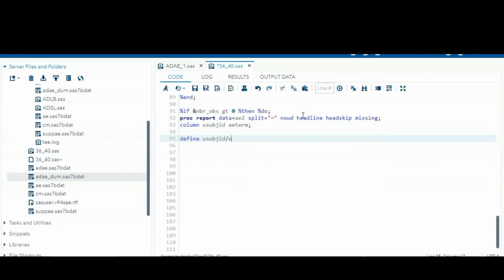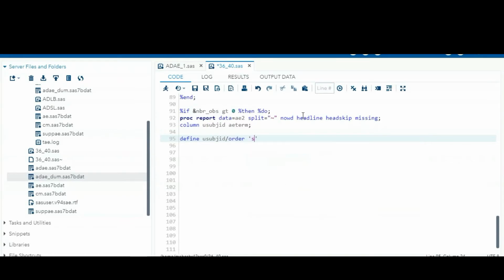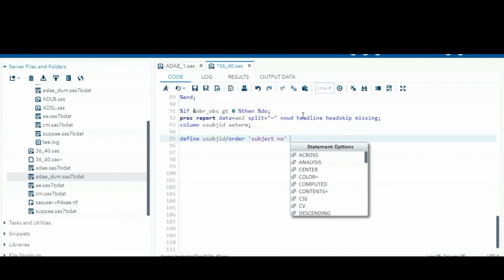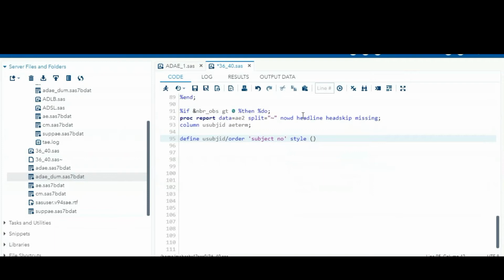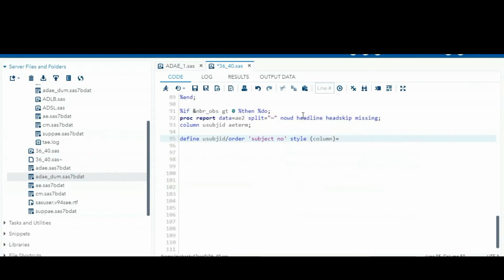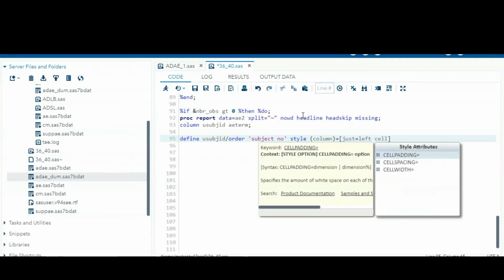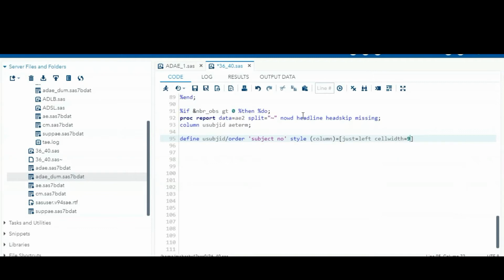I define USUBJID as order or group, with the label subject number. Then style column equal to, where you can give the justification, left or right alignment, and some cell width for this variable, such as 9% or 10%.